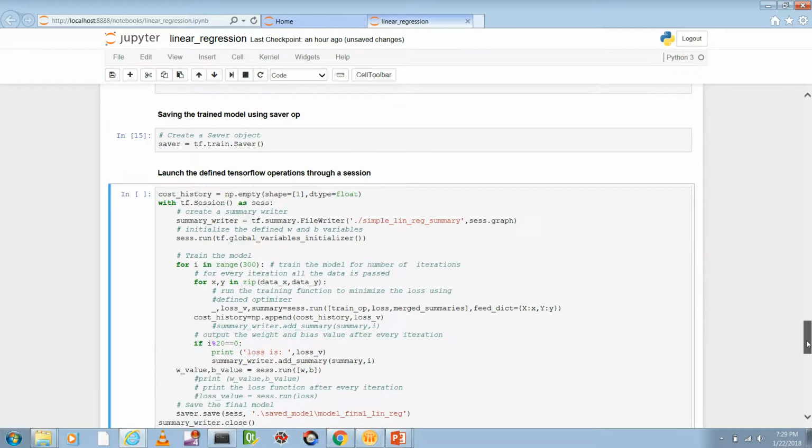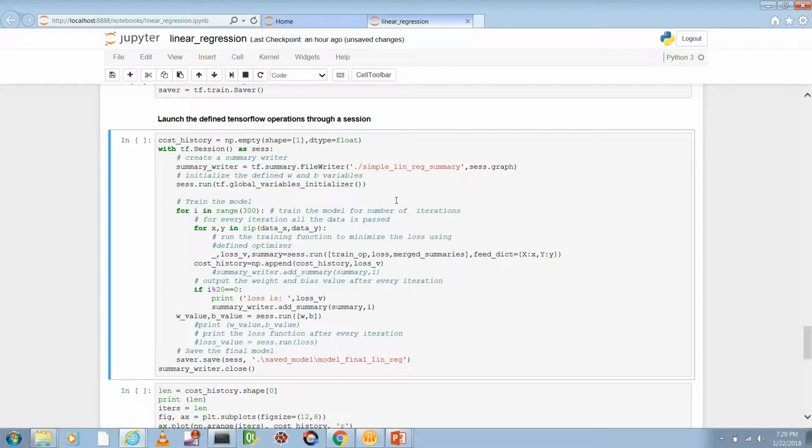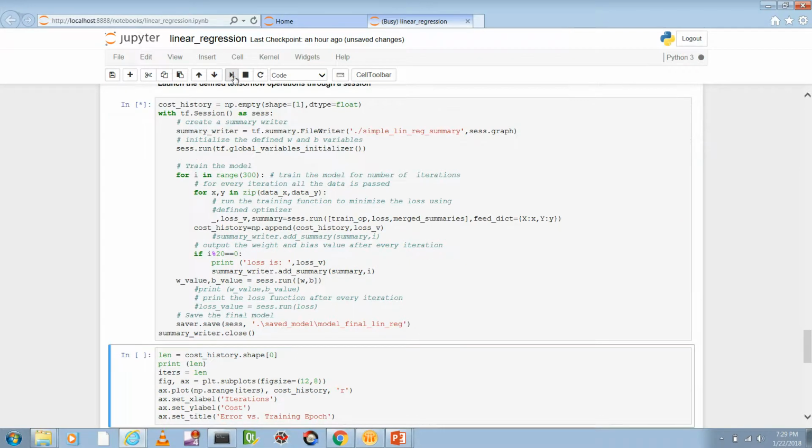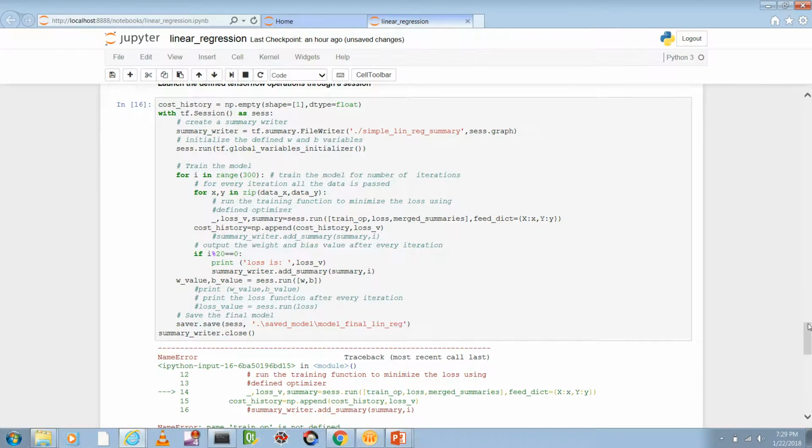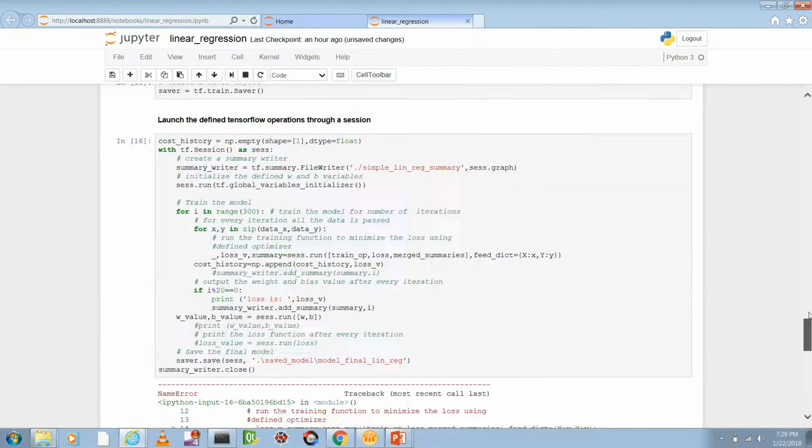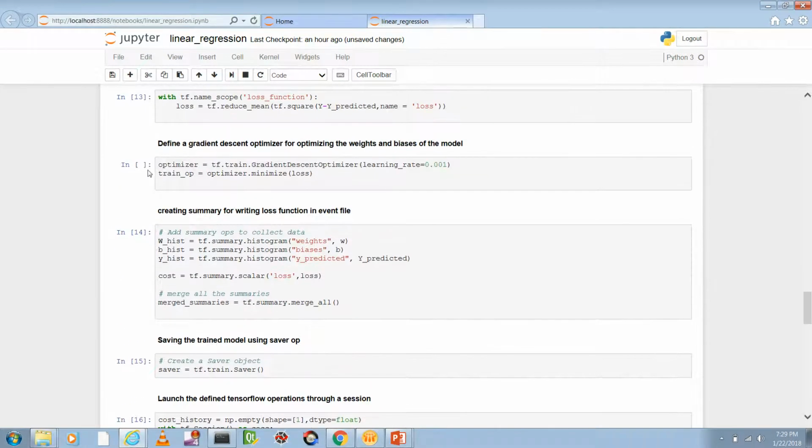Okay, so let's run this and let's see. Okay, so there is an error here. It says training op is not defined. I forgot to run this, sorry. Okay,